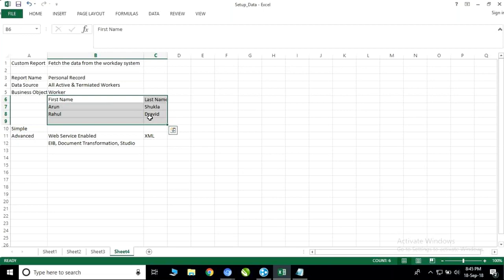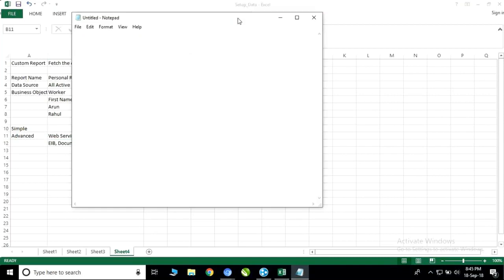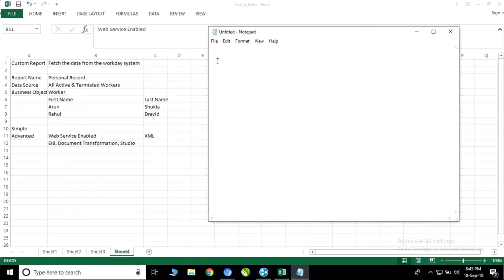But if you change it to advanced and if you make it web service enabled, how the data will look like in the output file of the custom report will be something like this. That it will have first, I'll explain what is this. It will have something like this: the starting tag,